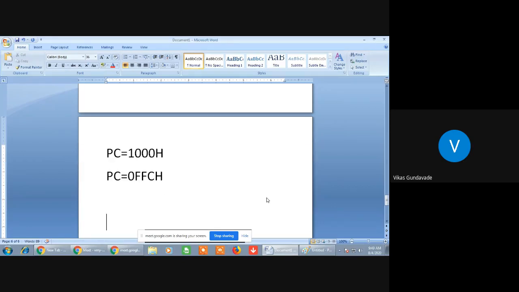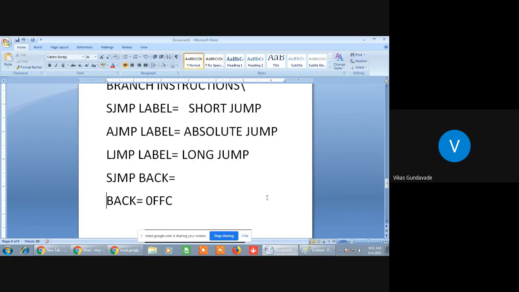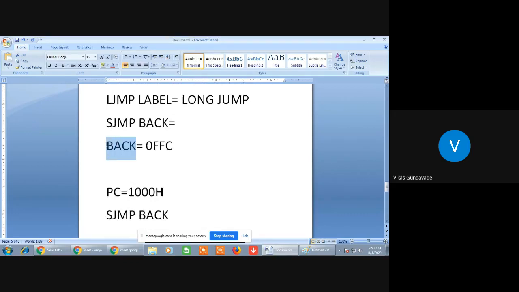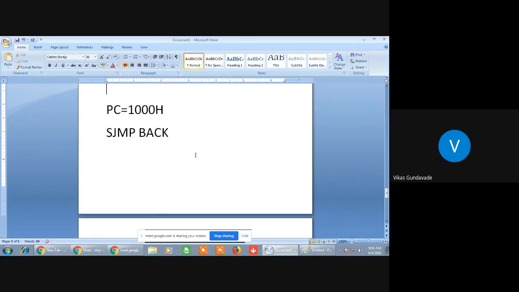Okay. So for every jump instruction, the relative address or the label is provided. Either this will be the long address, the absolute address, the short address, or the relative address. But for the jump to take place, this address or this label is a must, and the label is provided before the instruction where the jump is taken. So from this location, it will jump to the provided location. So these are called jump instructions.